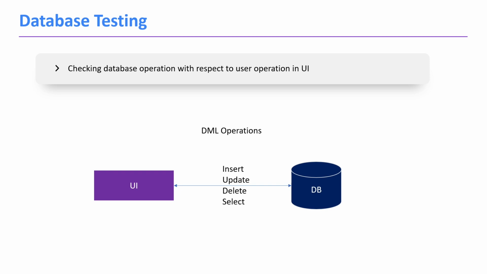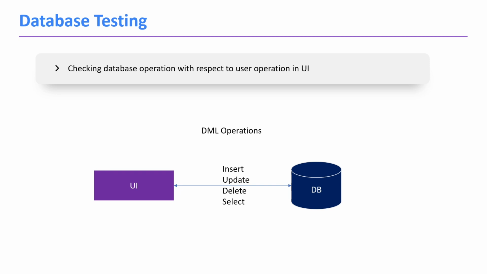If we take an example here, if there is a registration form in the application and the user is registering, that registered data should be stored in the database using the insert command. A new entry will be created in the database for that registered user. If next time the same user tries to log in, at that time a select operation will be performed. While logging in, our application will check whether it is a registered user or not. For that it will perform the select operation.